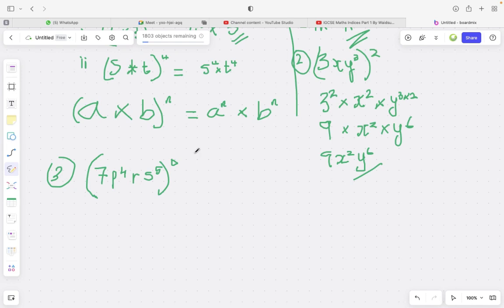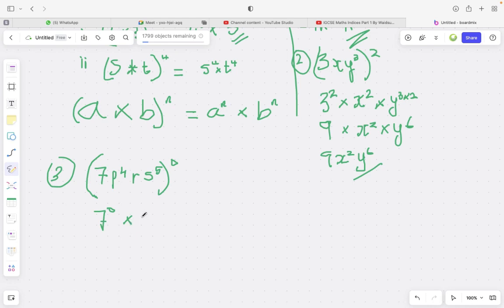Anything to the power of 0 is equal to 1. All this to the power of 0 is going to be 1. However, we have to do it one by one to show you how the answer is 1. So let's take everything in the bracket. You say 7 to the power of 0, multiplied by